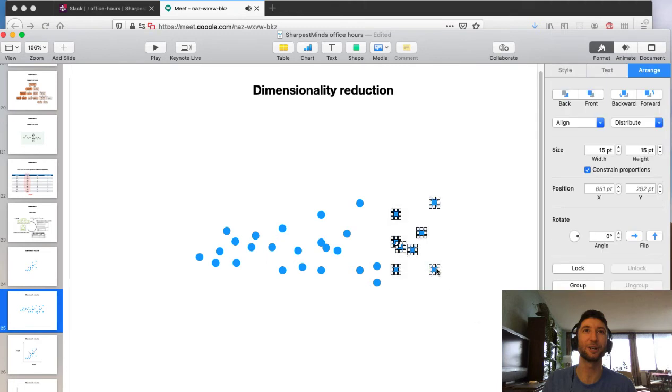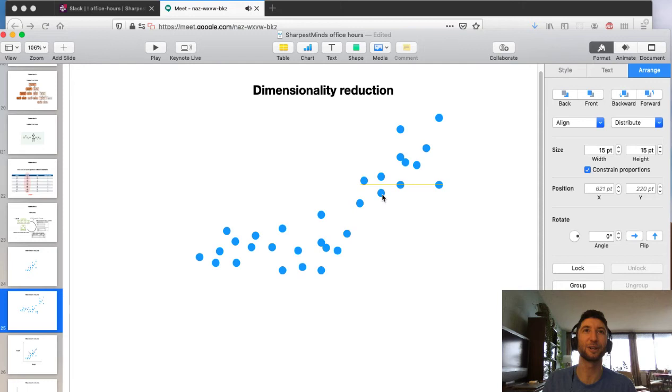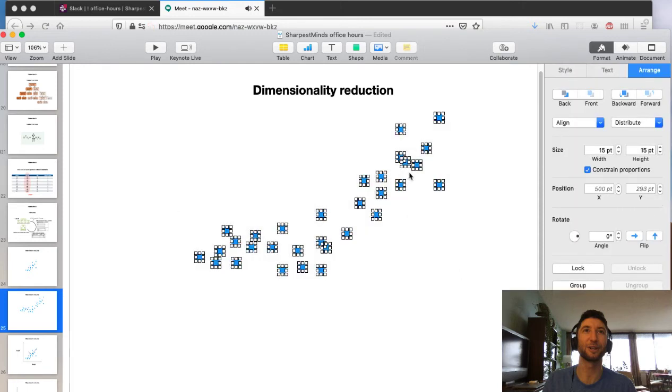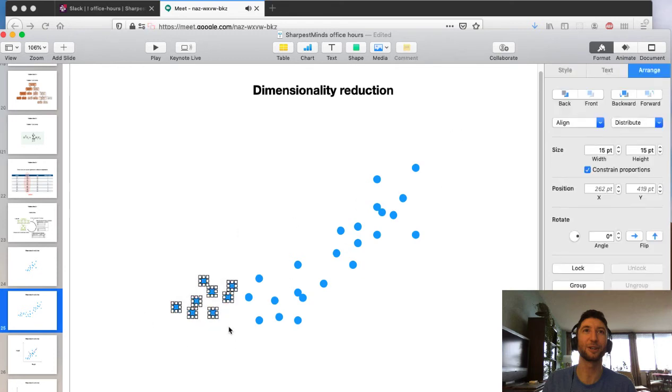Something that looked more like, okay, like this. This is a nonlinear correlation, right, between our x and y axes. And the problem with PCA is that it's not designed to handle nonlinear correlations. I'm going to make it even more obvious, maybe,